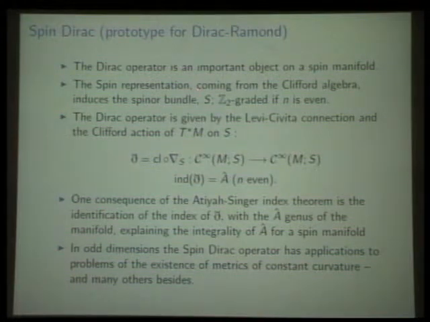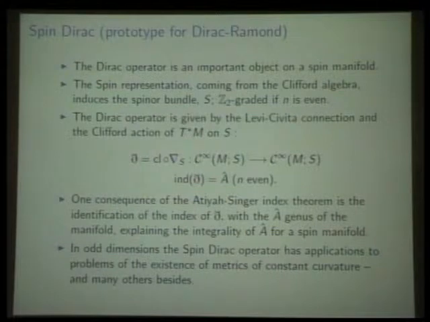So the Dirac operator comes from Clifford algebra, which gives you a representation of the spin group. And then if you have a spin structure on the manifold, you get an action of the Clifford algebra on the spinor bundle. So this is the bundle associated with the spin representation of the spin group. And so from combining this data, you get an elliptic operator between sections of the spin bundle, which is important for many reasons. One is in the even dimensional case, this bundle has a Z2 grading, and then the index,